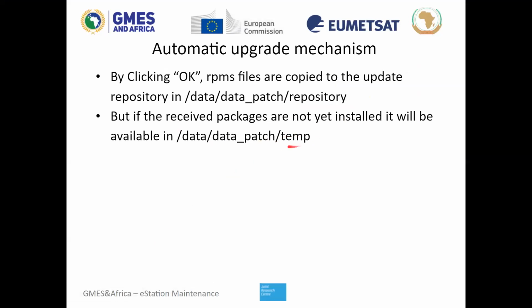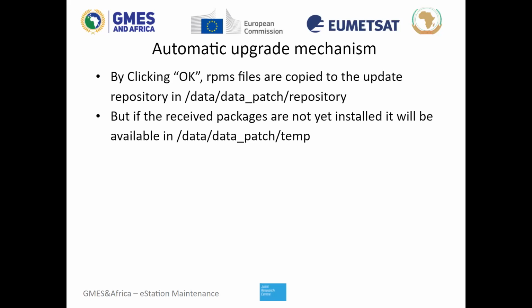Only if you cancel the update by mistake, you find it here, and you can right click on them and double click to install, or you can do it from the command line, which will also be shown in the troubleshooting part,